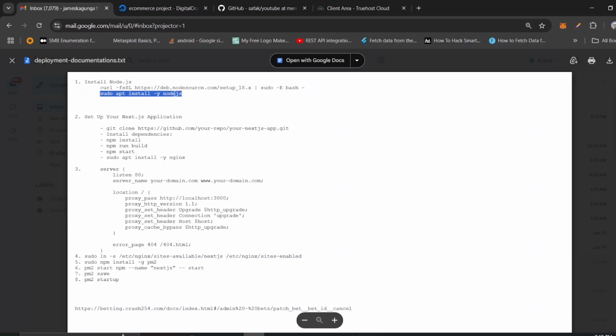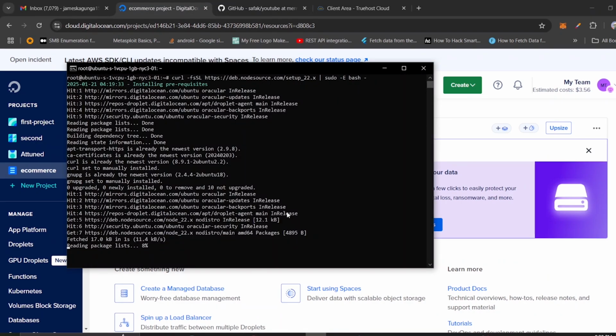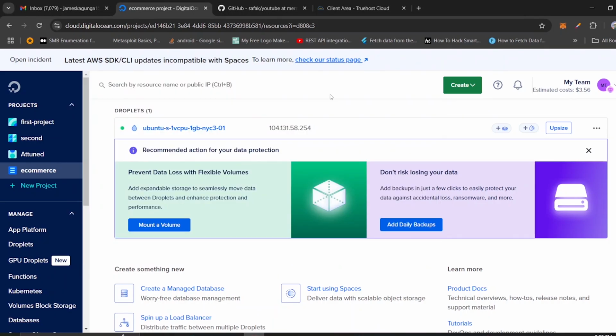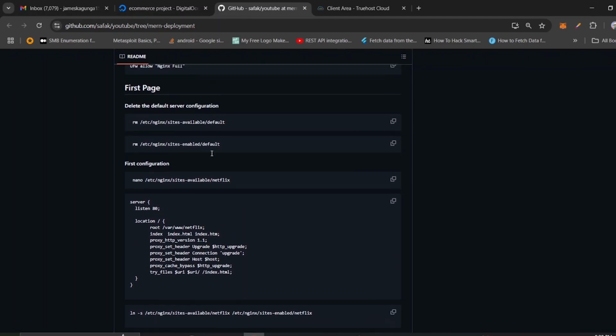So I'm going to copy this also, so that when it runs this command and everything is okay, we can now run the other command also, so that the installation for Node.js will be complete. So here I think we are also going to continue, and you can see this is just the Nginx